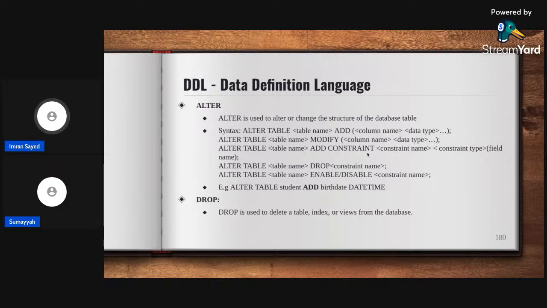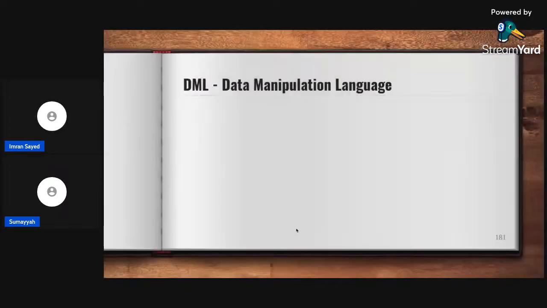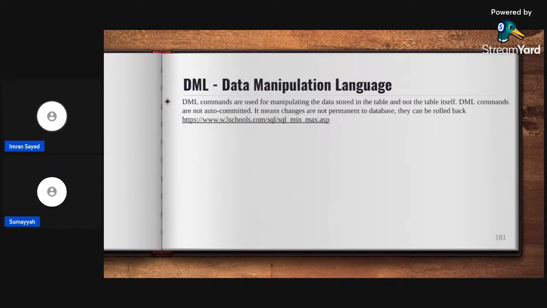Modify is to modify, add constraint is to add constraint, drop is to drop, enable, disable, add, drop is to delete. Data manipulation language,